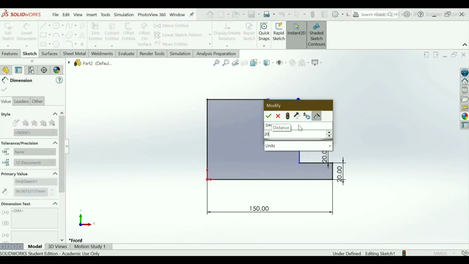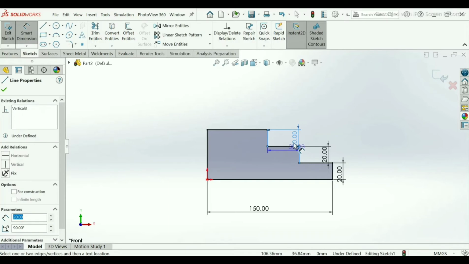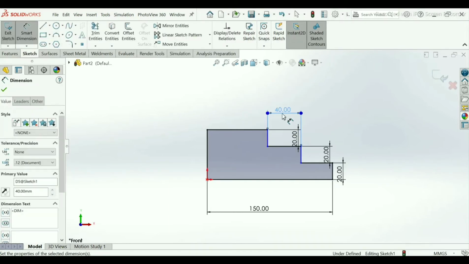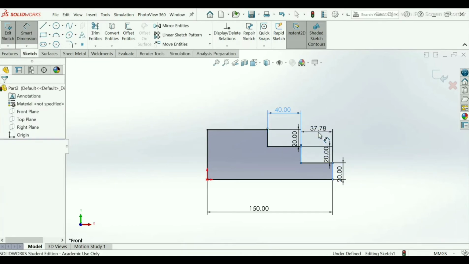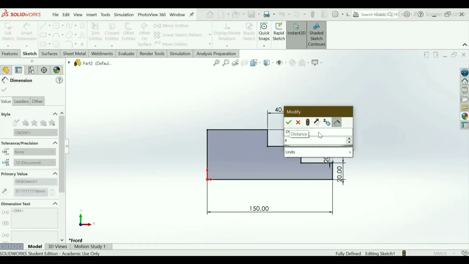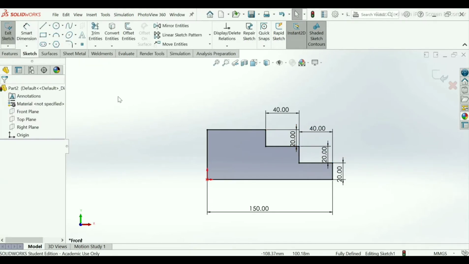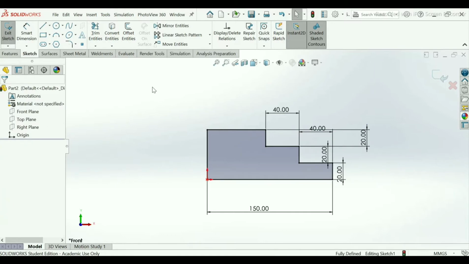Same, 20 mm width. Now here the length will be say 40 mm. Here also the same, make it 40 mm. Click OK. Now our geometry is fully defined, as you see here.